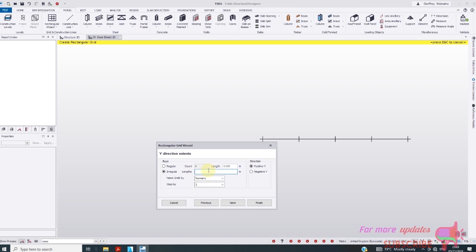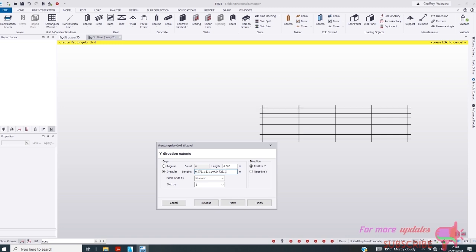I'll start with 0, 0.775, comma 1.8, comma 1.144, comma 0.729, comma then 1.022, comma 1.025, comma 0.9, comma 0.9,